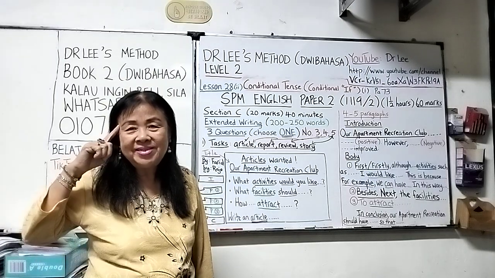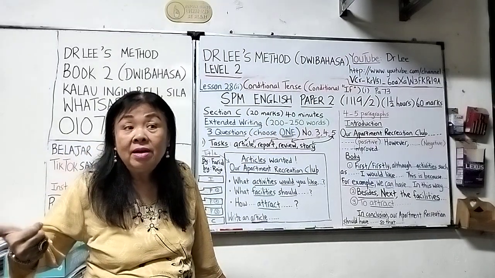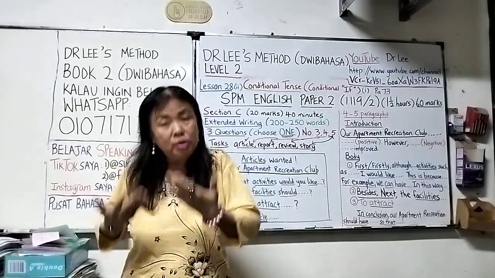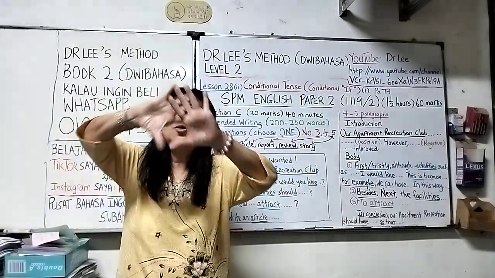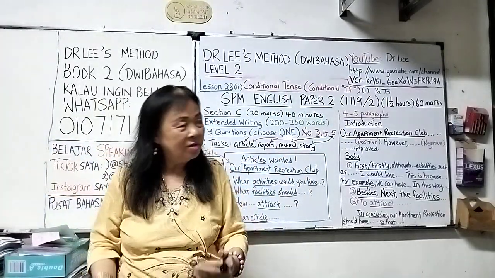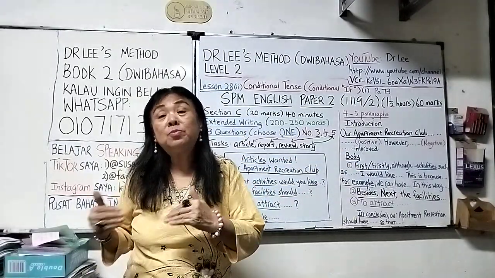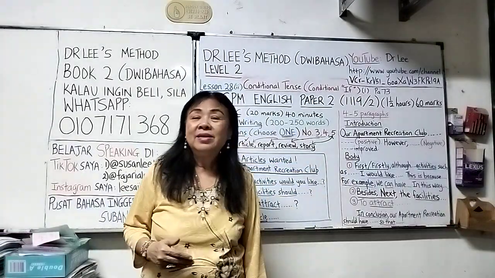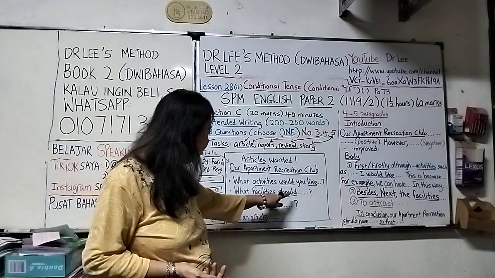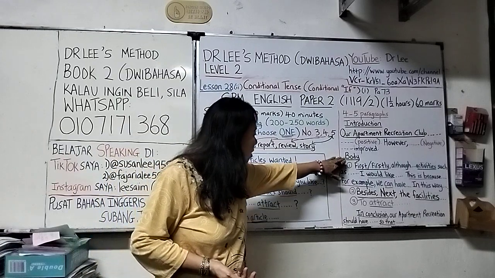Okay, so think before you write, please. Think first. They ask you the question already. What would you like to have? What should you do? That means they don't have. So because they don't have, we have to suggest. So you start by saying good. But we need to improve. We need to have more. So, however, more activities should be held and the facilities should be improved. It's also okay. So by using this word improve, this whole thing, how to improve. Then directly go to the body.